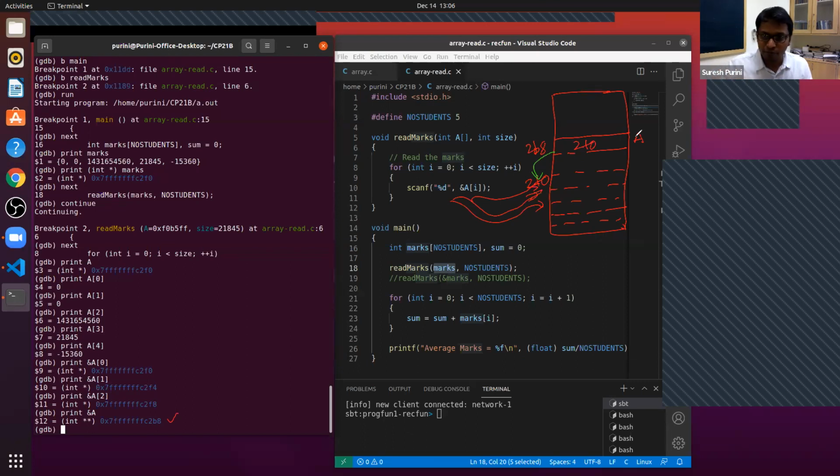What do you mean by printing full A? I am not doing the Trojan. First, understand this. Whatever is there on your screen now, if you understand, you are good.